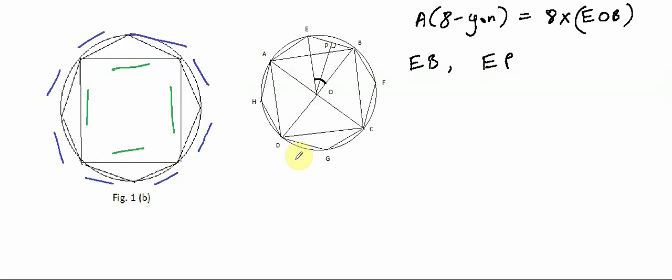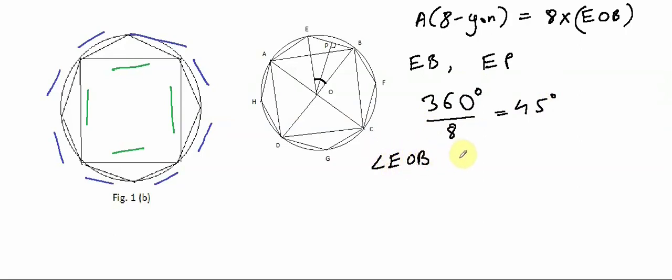So what is the angle subtended by the entire circle? It is 360 degrees. 360 degrees divided by 8 will give us 45 degrees. So angle EOB is equal to 45 degrees,